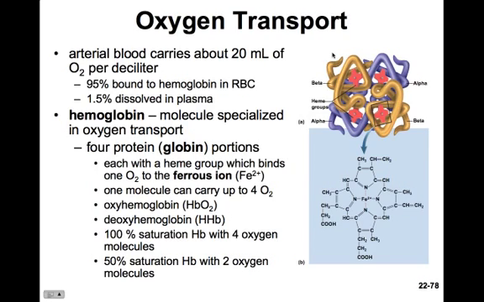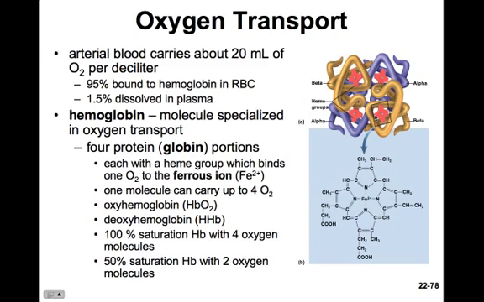Remember that hemoglobin is a molecule specialized in oxygen transport, and there are literally tens of thousands of them in each red blood cell. The hemoglobin has 4 globin portions, 2 beta subunits and 2 alpha subunits, and each of them has a heme group, this red area here, that will bind oxygen. In the center of the heme group is a ferrous ion. It's very positively charged. Oxygen has an electronegative charge, and so it binds to this ferrous ion in the middle